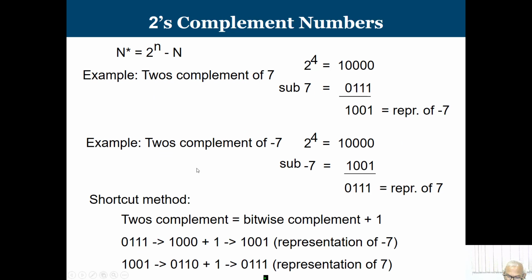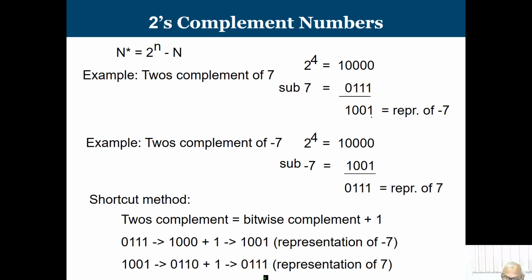Now, 2's complement, already I have explained all those things. Now, it is saying, what are the numbers? Basically, it is 2 to the power n minus the number. So, if I am having 7, then n is 4, and in this particular case 2 to the power 4 is your 1 0 0 0 0. If after subtracting 7 from it, I am going to get 1 0 0 1. Okay. So, you just see here,